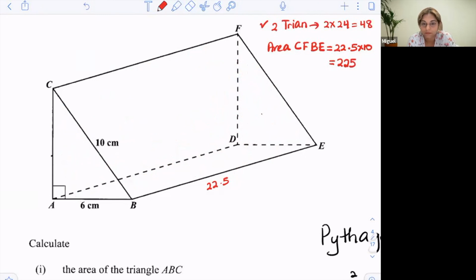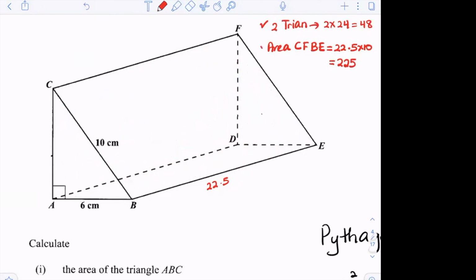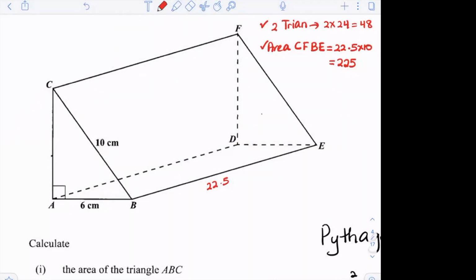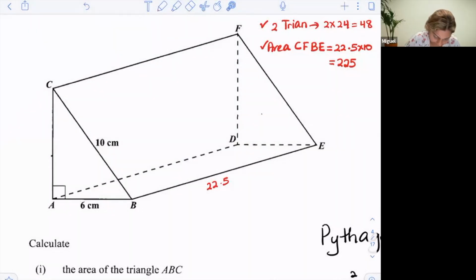So how many faces remaining? I have 2 and I have 1. So I have two faces remaining. So look at the other face here. This length here we worked out to be 8 centimeters. And this is what we call a Pythagorean triple. So take a note of this too. This is important. The Pythagorean triples